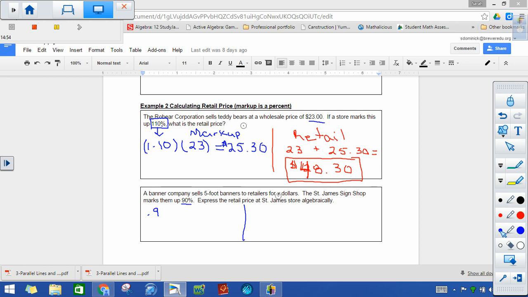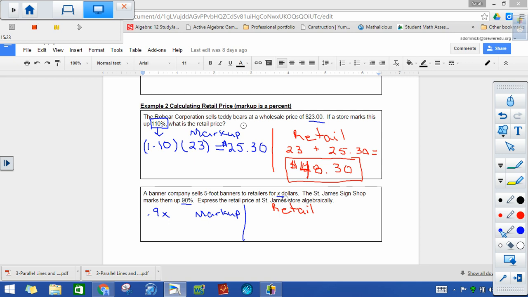Here, the wholesale price is going to be X dollars. It's what the company sells to the retailers for. So it isn't what the retailers sell it for, it's what they buy it for. We need to multiply that by X. This is your markup. Above, once we had found our markup, to get our retail price, we just added the markup to the